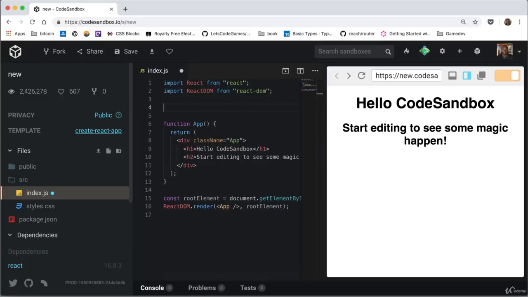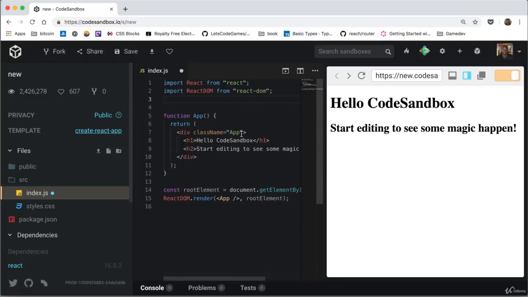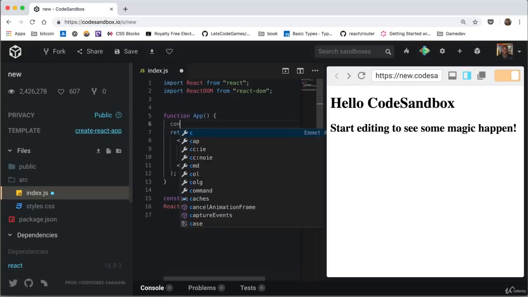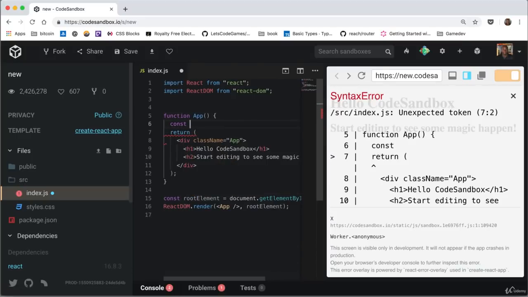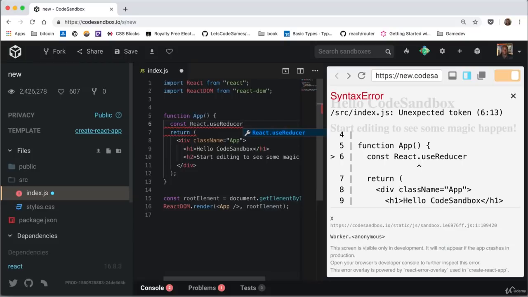So we'll get rid of the styles here, and we're first going to create a const variable. Actually, we don't need any of this stuff in here either, but we'll leave it there for now. We are going to create a const variable which will use useReducer, and the useReducer hook takes in two arguments. It takes in the reducer hook, which we haven't yet created, and it takes in a default value. Now, the way the reducer